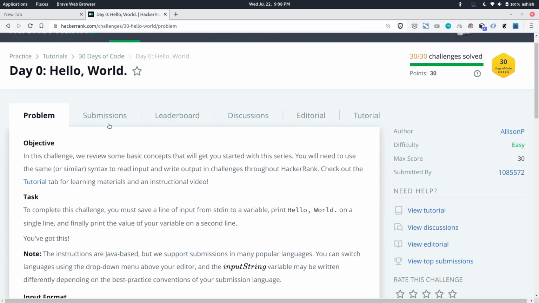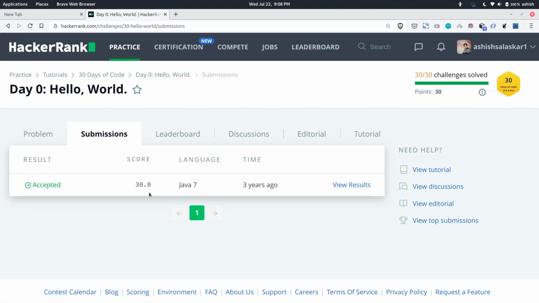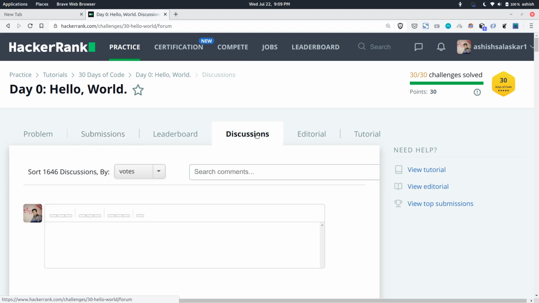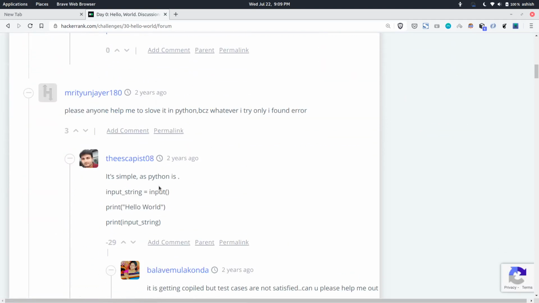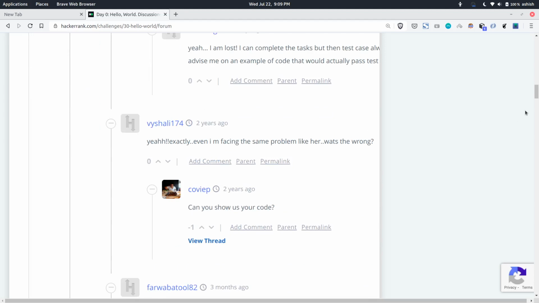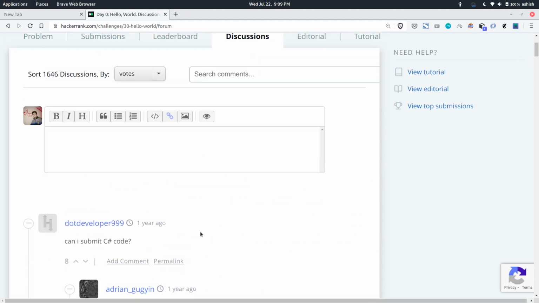Okay, so once you solve a question, you can check your submissions in the submission tab. So this was the problem I submitted. It shows the time, date, and when you did it. And there's a discussion forum which is actually very helpful. If you don't get that answer, you can just come here. You can see the solutions which other people have submitted. So here someone has given a Python code. You can just discuss with them. Think of it as a comment section.